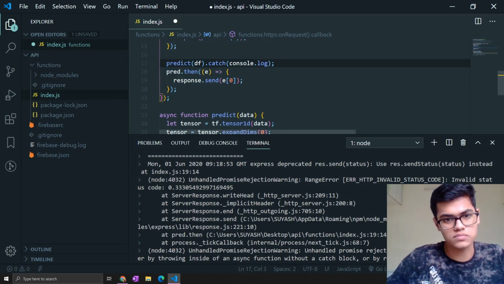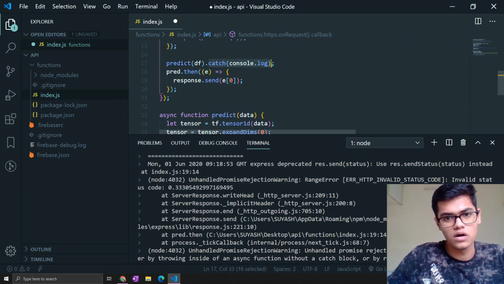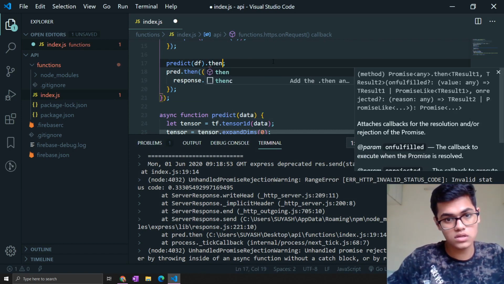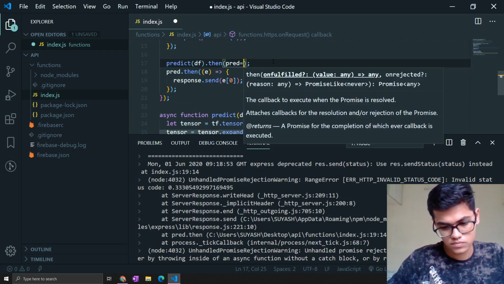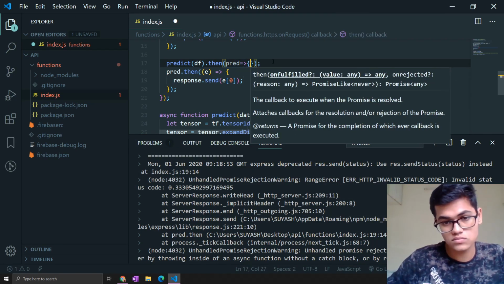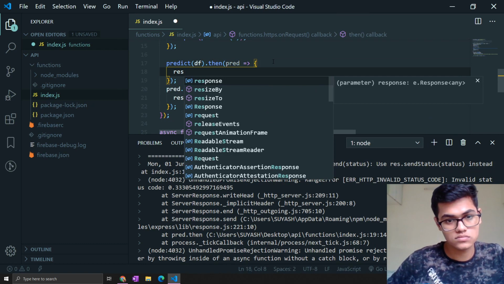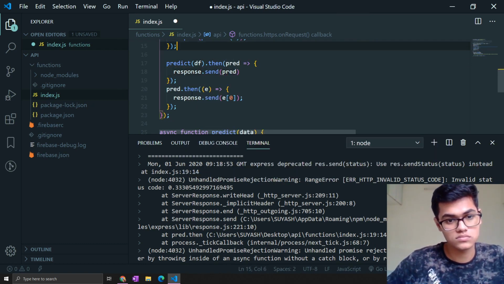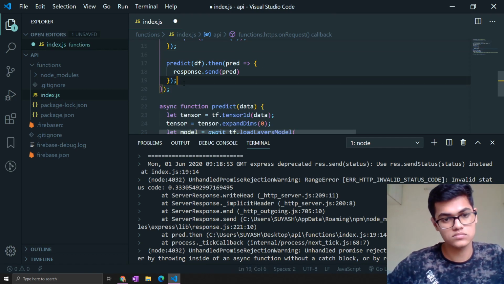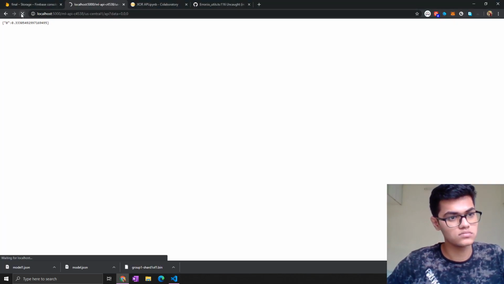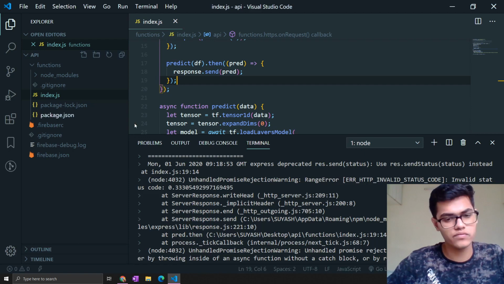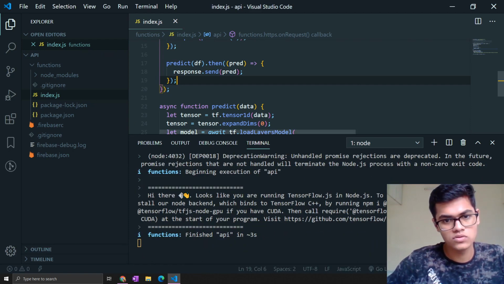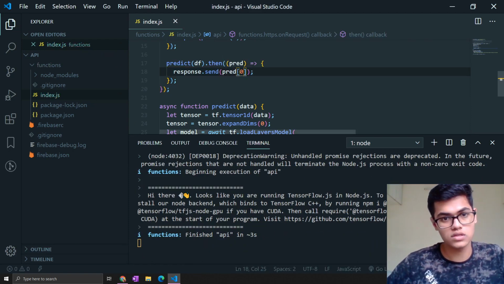I just messed up some major code in here. Okay, now it's correct. Now we can only send the 0th element.